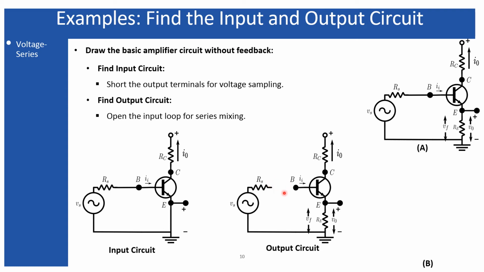So I have opened the input loop, and if you consider a loop around the output section, you will see, because when you are going to do this AC analysis, you have to connect this terminal with the ground terminal. So that will make a complete loop, and in that output loop, this emitter resistance is appearing in the output side.